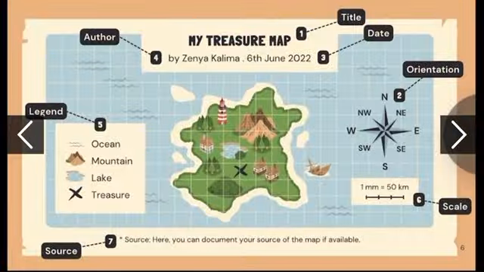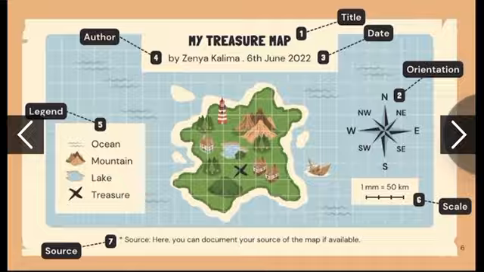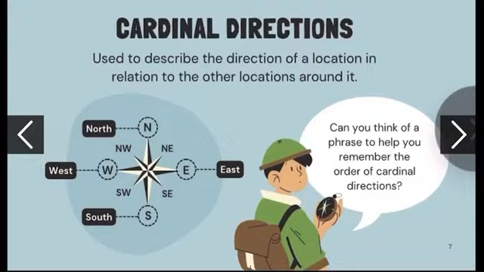So let's use an example, which is my treasure map. Notice the use of symbols, directions, a scale, and other elements we've just mentioned. Each part plays a key role in understanding the map, which makes us go to the next point,